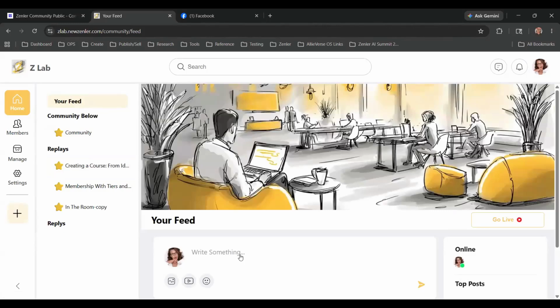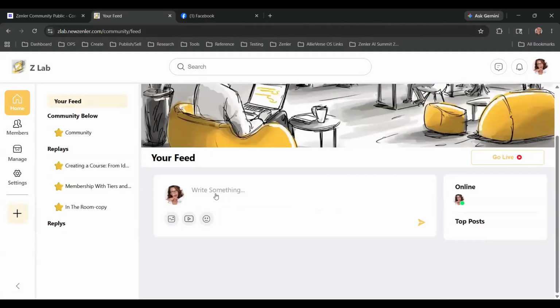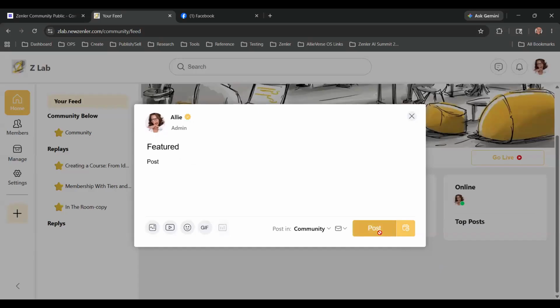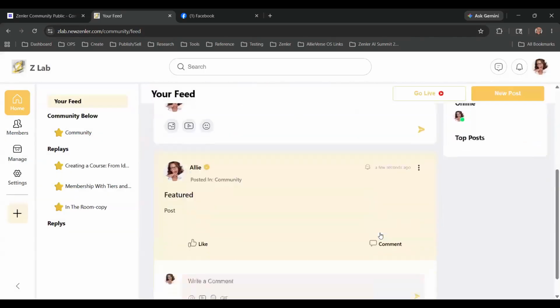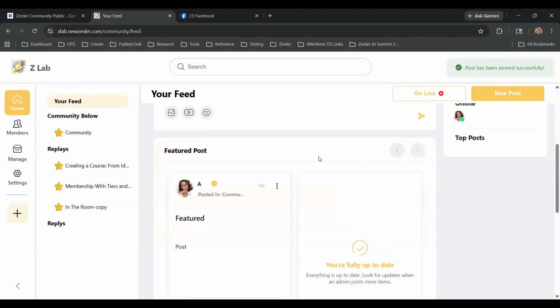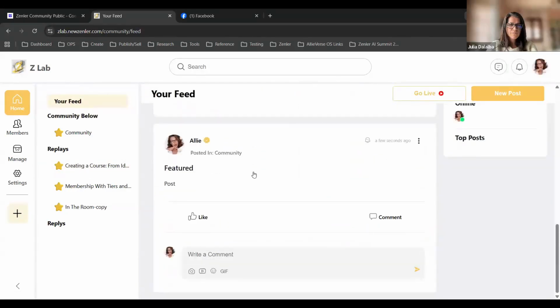So if I create a post here, now there's a post in this area and I can pin it to featured.